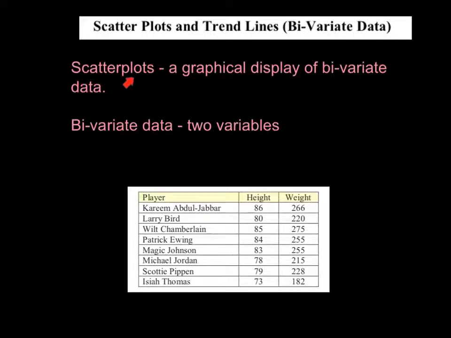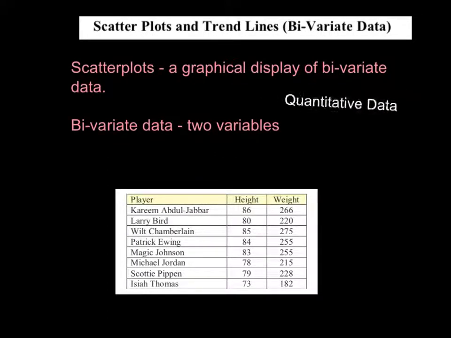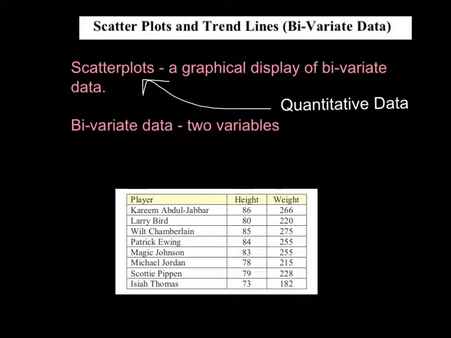First, scatter plots. Scatter plots are a graphical display. They're a picture of bivariate data. Remember, this whole unit is all about data, quantitative and categorical. Now that we're talking about scatter plots, we're talking about quantitative data. And remember that quantitative data has units, okay? So when we're talking about scatter plots, we're talking about bivariate data, that's quantitative, and by bivariate we mean two